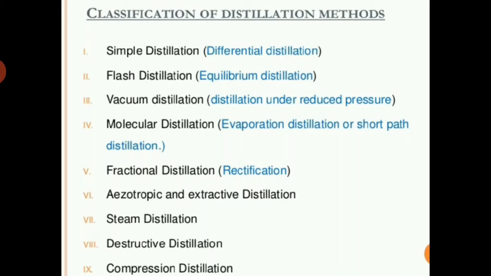Next, the receiver. It is used to collect the distillate, and it may be a simple flask or a modified flask such as Florentine receivers. Sometimes the receiver is immersed in an ice bath or other freezing mixtures. This minimizes the loss by volatilization. Florentine receivers are used for the separation of oil and water. These are of two types. Type 1 is used for the separation of oil heavier than water, and type 2 is used for the separation of oil lighter than water.